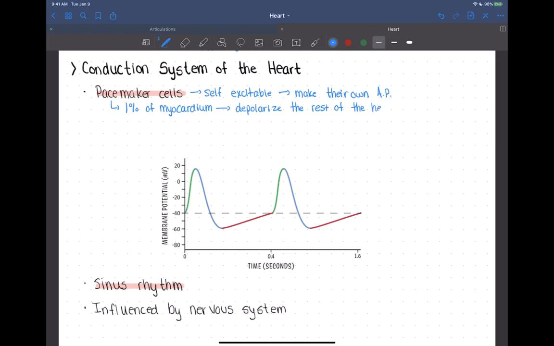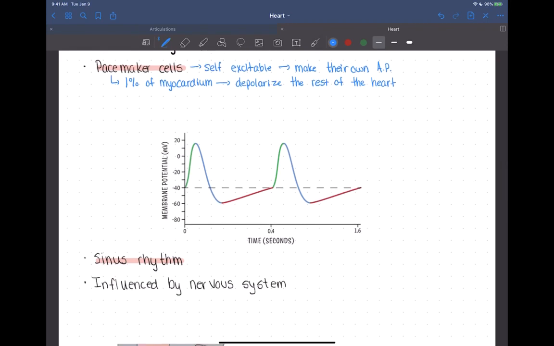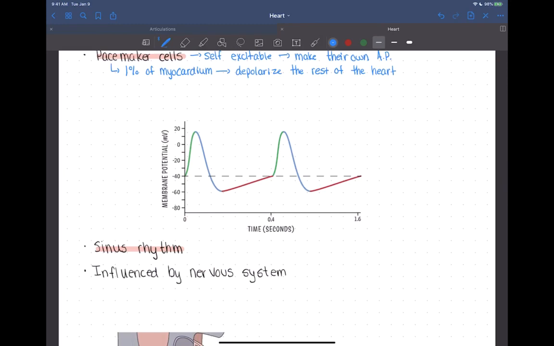Okay, so let's talk about how specifically those pacemaker cells work. The first pacemaker cell we'll talk about will be the SA node, because that's the primary one. It's going to set the normal rhythm of the heart. When you look at the electrical activity in a pacemaker cell, this is what it looks like. We'll start with the red here in the middle, because that's our very slow depolarization. With this slow depolarization, we have slow